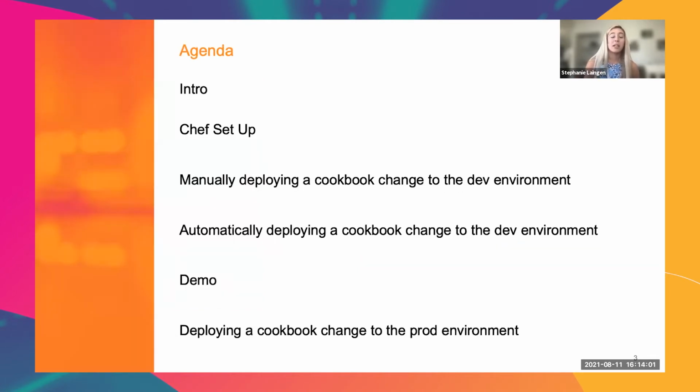So today I'm just going to be basically going over a brief general talk about workflows. What does that mean? What are the advantages of that? I'm also going to be showing you our starting point, which is just a basic Chef setup. And we're going to go over all of the manual steps needed to go from a change in your code to a change in a live node. And then we're going to go over how all of those manual steps can be automated, saving your developers time and improving your organization's process.